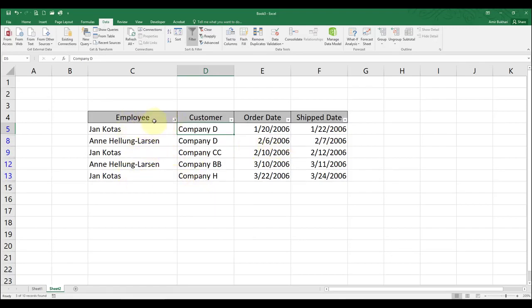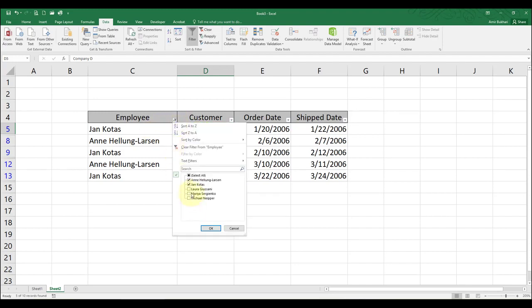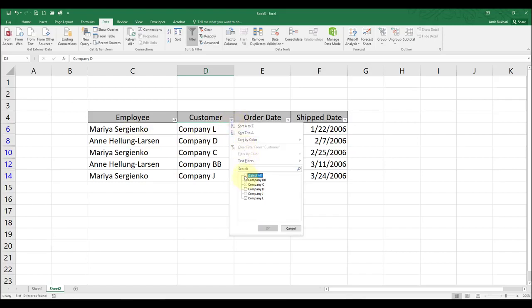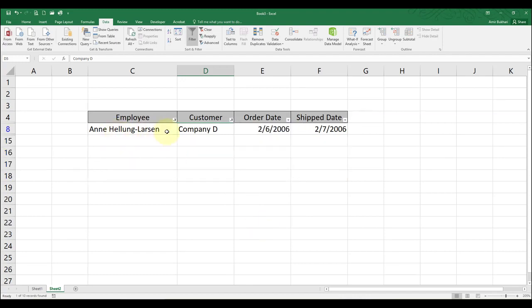Now this filter we applied to the first field only. We can apply this filter to multiple fields at the same time. For example, let's say we select those two values. Now from here I can come and select just one of the companies. Now you can see it just displays one.